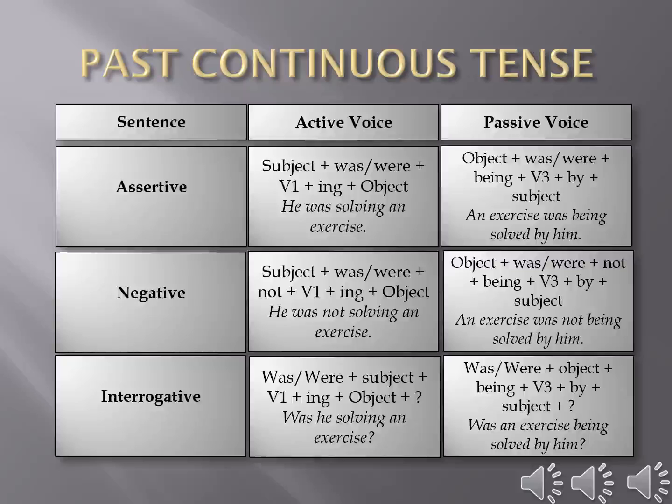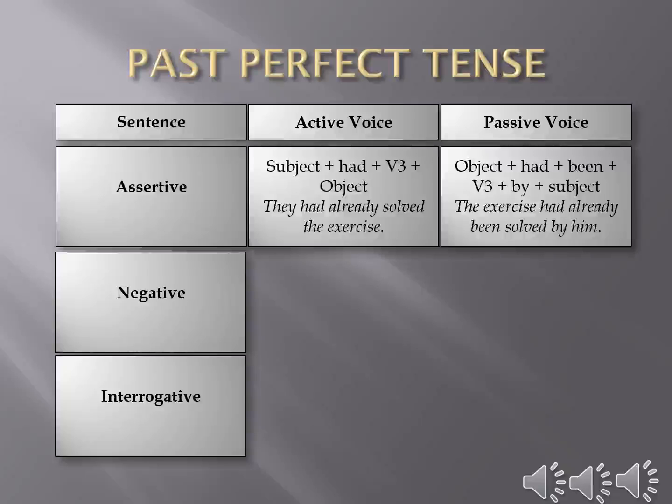Our next rule is past perfect, where we always use had plus third form of verb in active sentences. And when we make its passive form, had plus V3 will be converted to had been plus third form of verb. Subject and object, you know very well, will replace their positions, and the preposition by will be added in the passive voice after the third form of verb. Look at the examples to make it more clear.